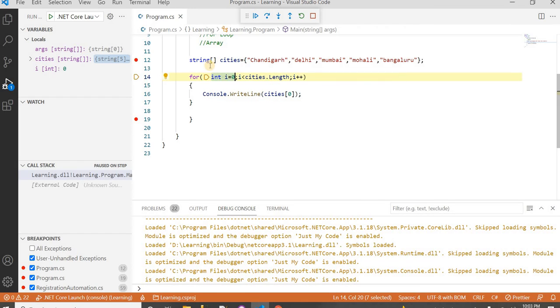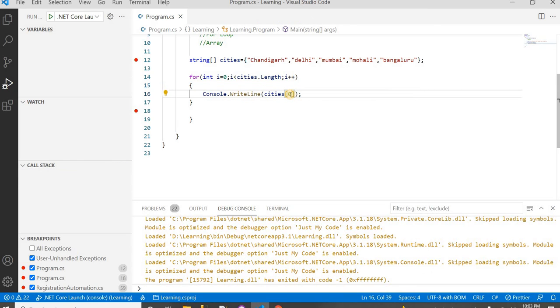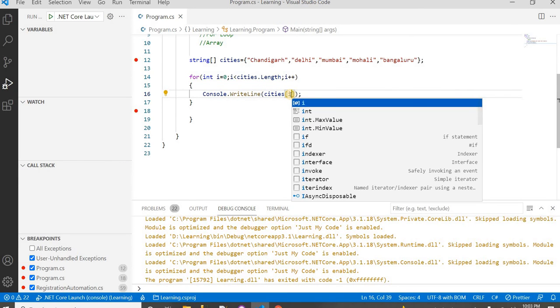Now I'm going inside for loop. I'm saying i equal to 0, so i is initialized to 0. Then I'm saying i is less than length, till the time i is less than length. So what is the length? Length is 5. What is the value of i? 0. When this for loop body completes, after that i will be incremented by 1. Now here, okay, let me stop here. I made one mistake. Instead of writing here, now we can write the 0. I will run it again.